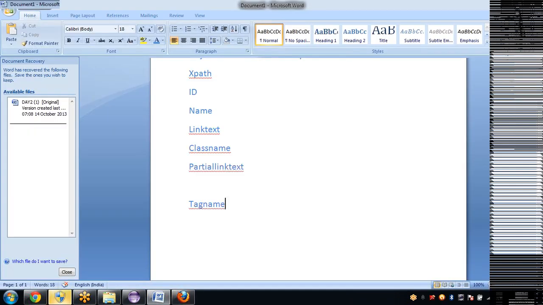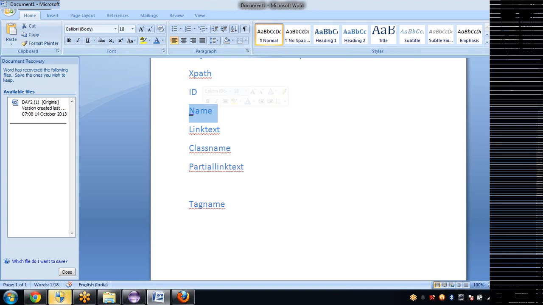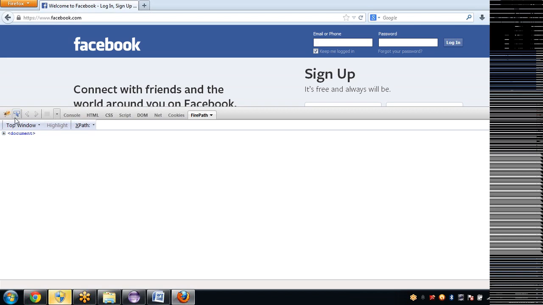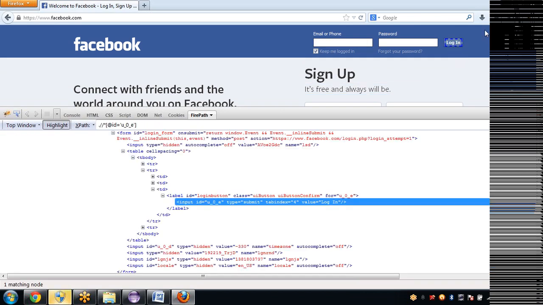So if you feel that any property is dynamic, then go with another property. For example, if you feel that ID is dynamic, changing every time, then go with name. You have to think in an out-of-the-box way about which property to use at what time. That will come with experience. If you start practicing, you will get it. In my experience, if a property is alphanumeric, it will be 99% dynamic, changing continuously.